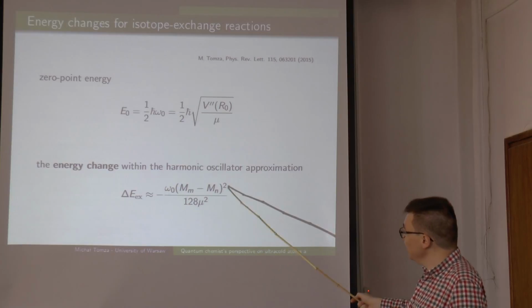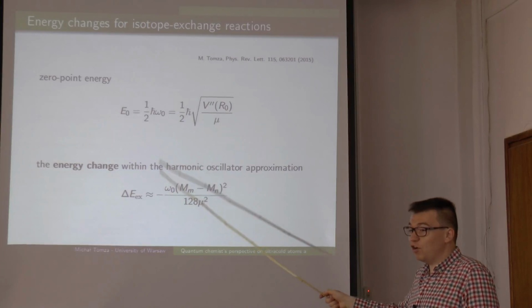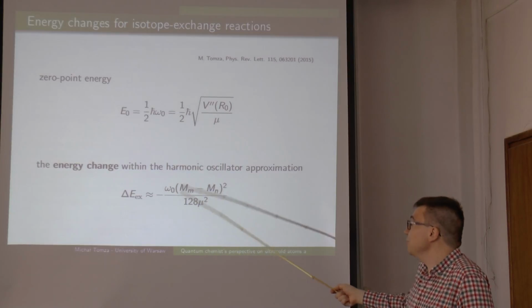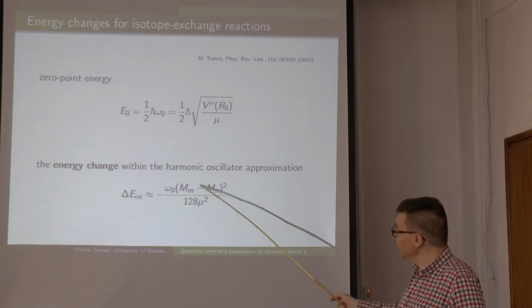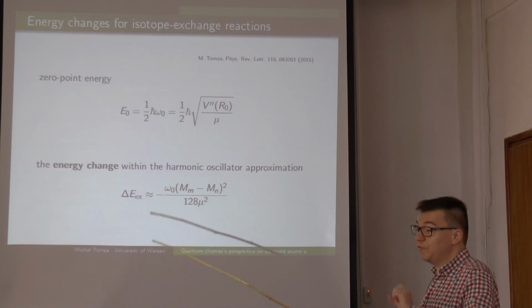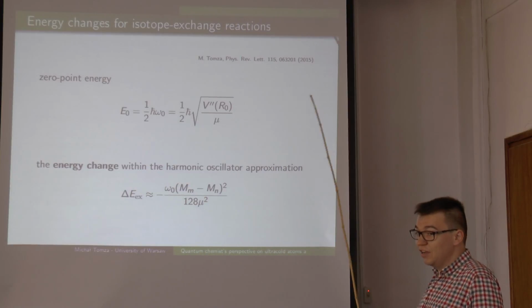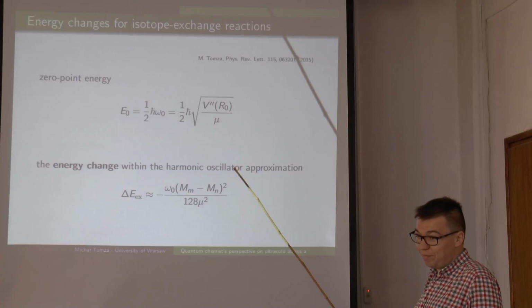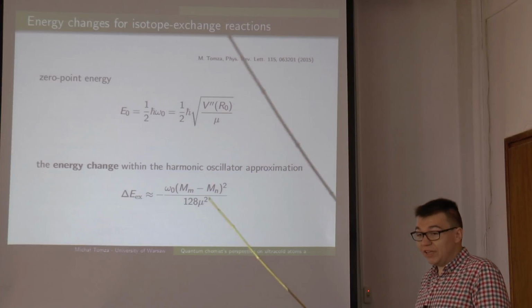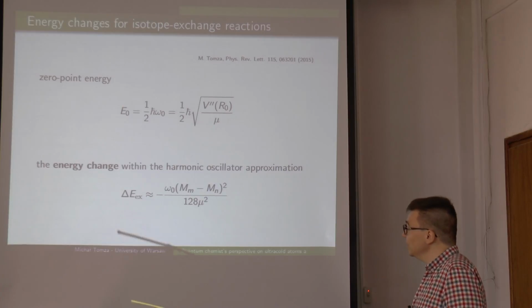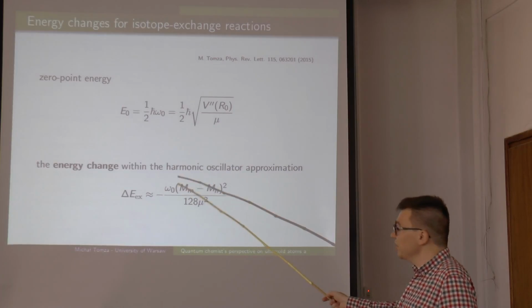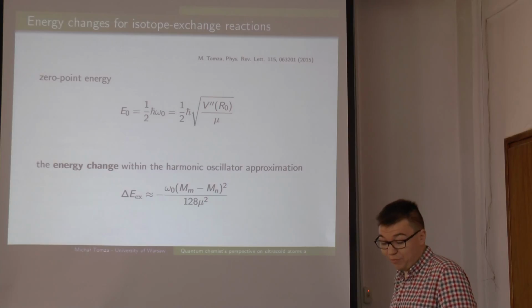That this term is much smaller than omega 0, where omega 0 is the lowest vibrational excitation of the system. So it means that this energy is much smaller than the first vibrational excitation of the products. So once this reaction happens, only products in the lowest vibrational states are possible. If some rotational excitations are possible, we can check by comparing this number to the rotational spectrum of molecules.